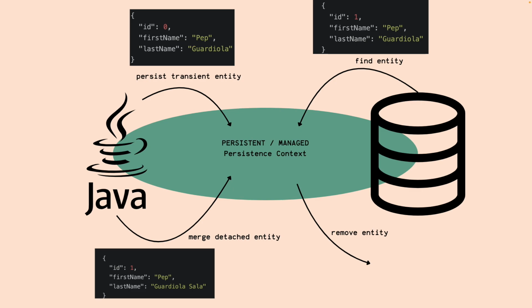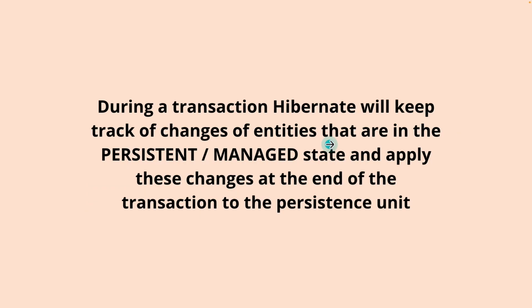Okay, so this is what these four methods do. And the thing to keep in mind now is that these things are only in the persistence context, not on the persistence unit. What will happen now is that during a transaction, if we execute these methods, the writing and the updating in the persistence context, Hibernate will keep track of the changes of these